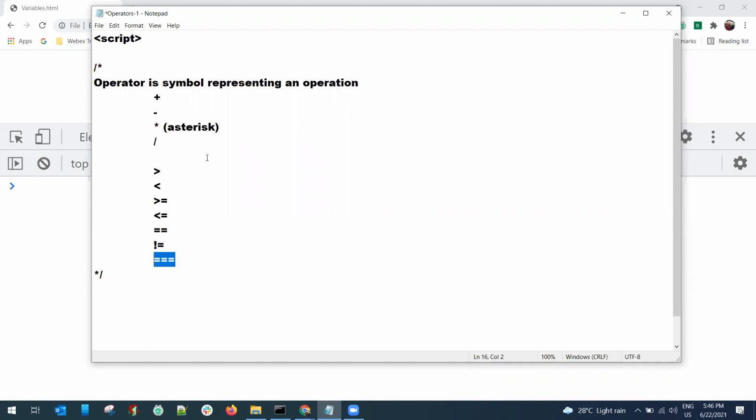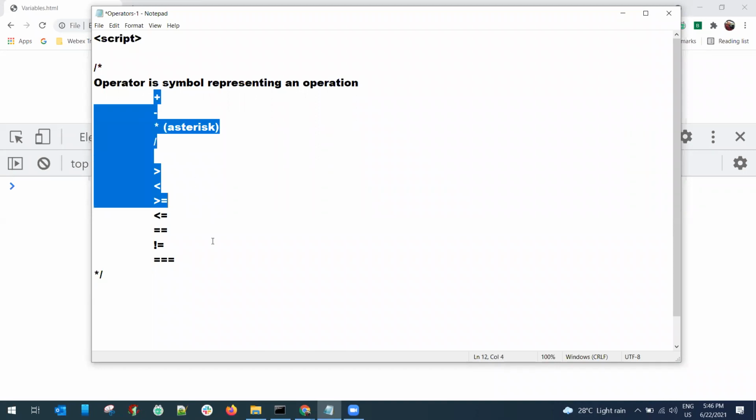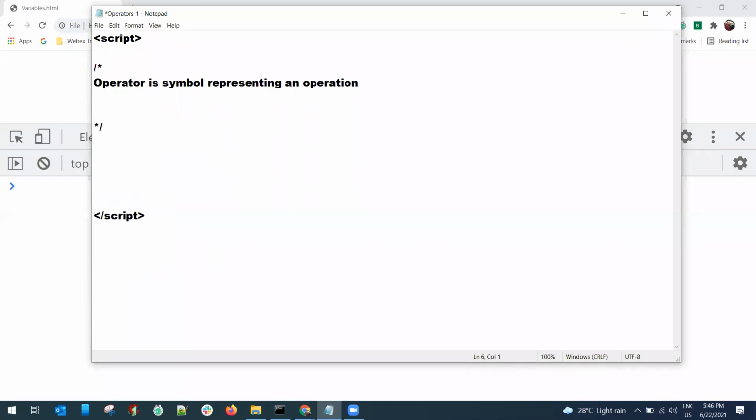So an operator is representing an operation. The plus symbol represents the addition operation, correct? Now we need clarity here. Based on operand count, we have three categories.